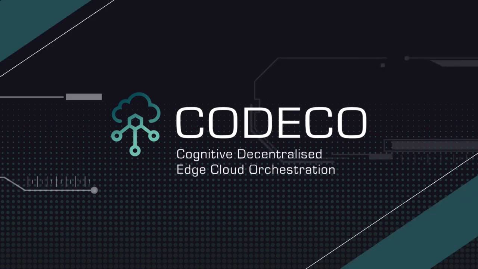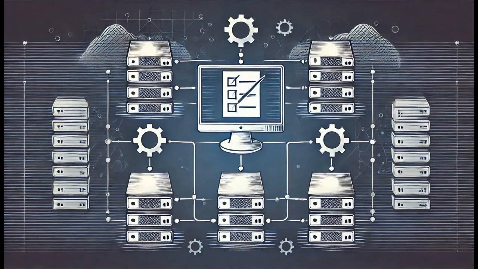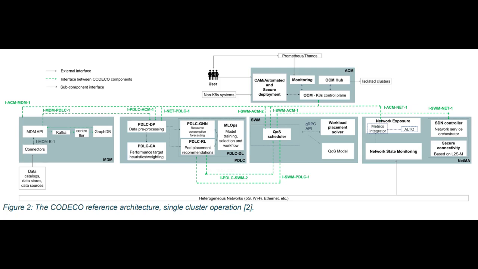This video aims to provide the viewer with an insight on the CODECO framework operation through the presented user stories. We will go over the major steps and processes from the CODECO framework installation to the deployment of an app by the user. In our scenario, the user wants to deploy an application consisting of multiple microservices, that is, multiple Docker images across the far edge to the cloud, and will use the CODECO framework to manage and optimize this